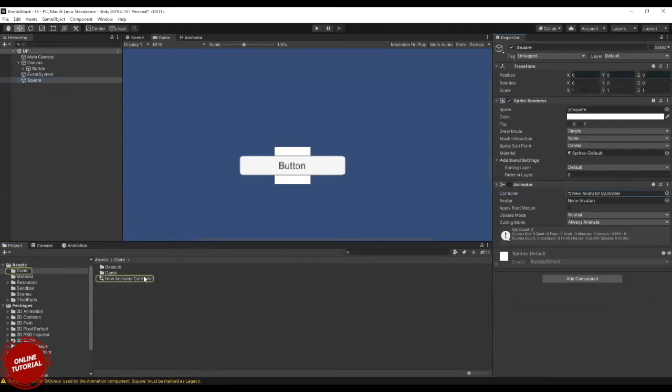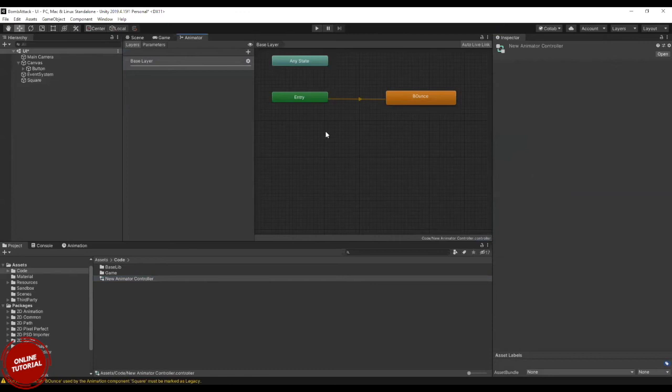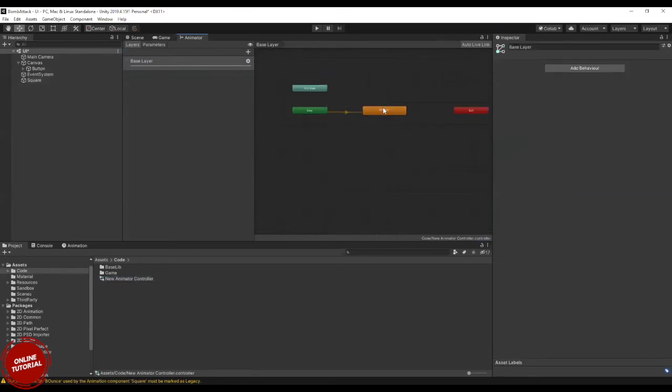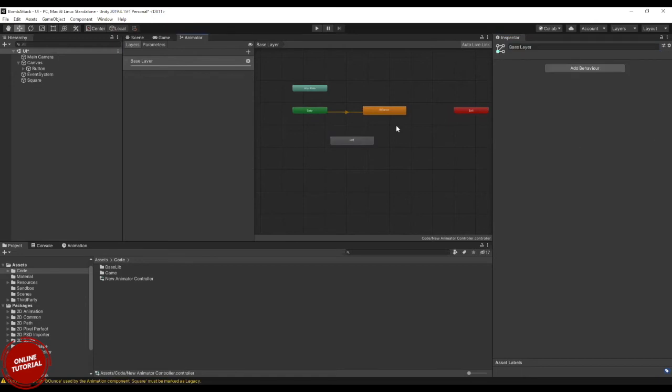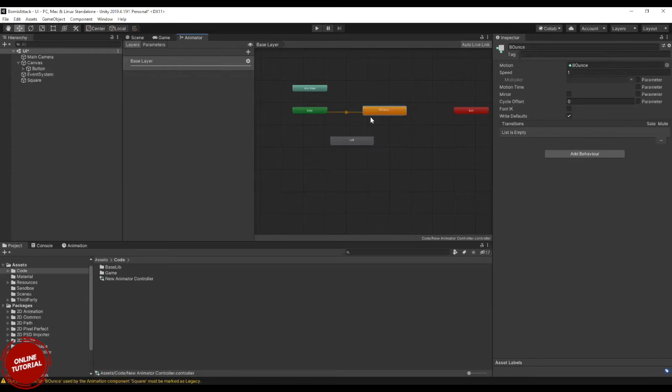This is an animator controller. Each animation can be defined as a state. This animation is a state, and again you can have another animation state, and this state will be like move from left to right, move left. You can create an animation clip for this and assign it here. So from bouncing, you can move left. So different animation states can be handled through a controller.